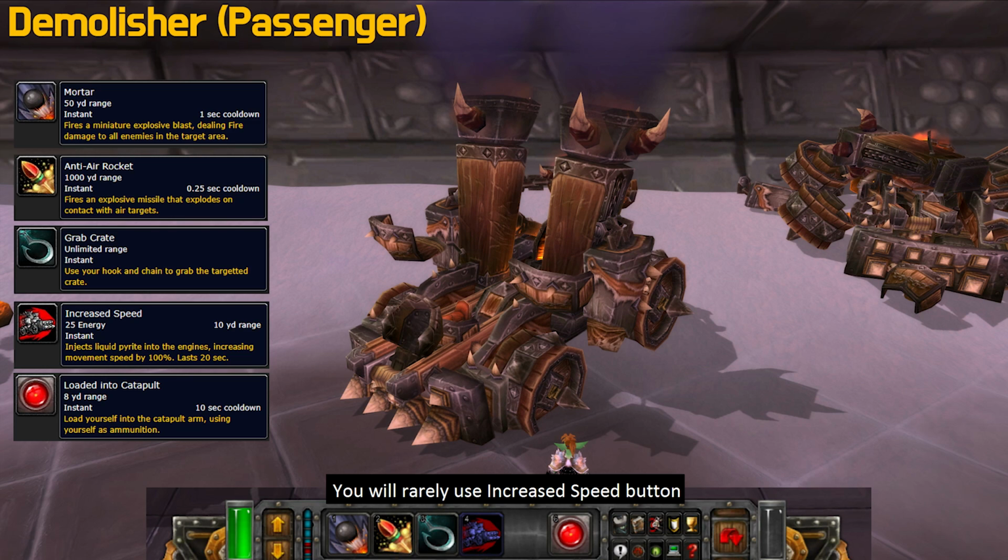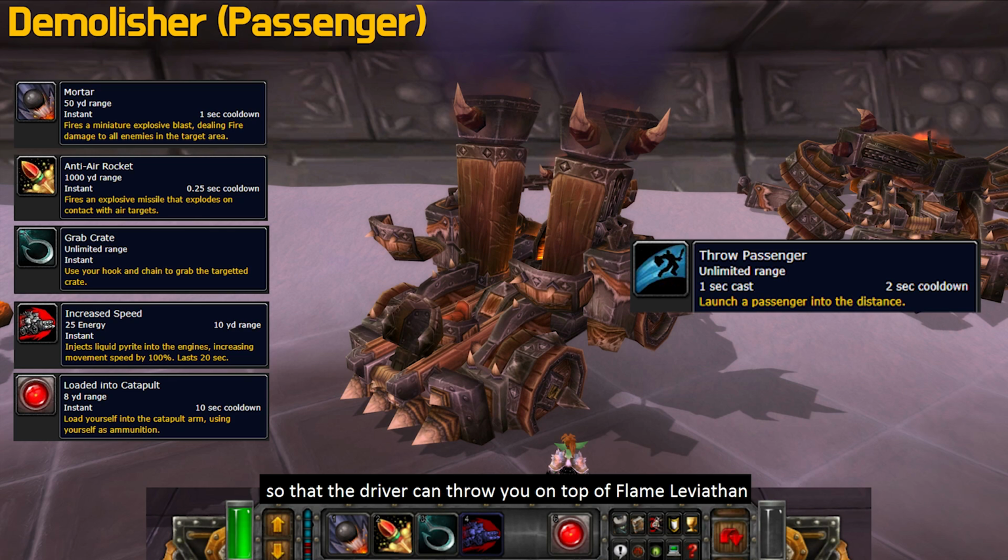You will rarely use the increase speed button to increase the movement speed of the Demolisher, unless the driver is too close to the boss and needs to run away after being pursued. However, please note that you need to use up 1 blue pirate in order to activate this, so it is not recommended. Finally, you press the 6th button to reload yourself onto the catapult so that the driver can throw you